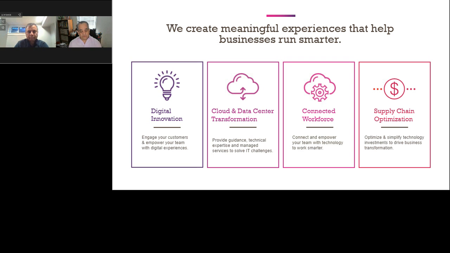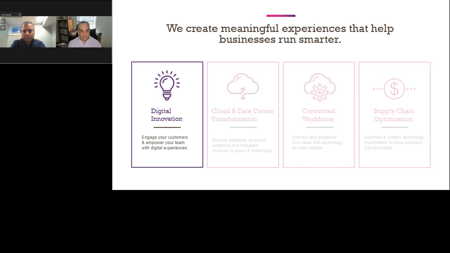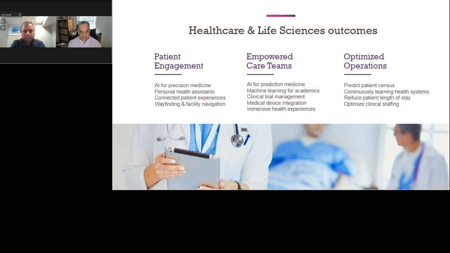Connected Workforce is our team that brings to the table the ability to do client success, and end user and workforce acceleration. And as a final layer is what we call supply chain optimization. A lot of these digital transformation efforts will require massive purchases of everything from sensors to storage, compute, networking, whatever, all of that stuff. And having a supply chain organization that is uniquely capable and focused on that is a key to success as well. So, sorry about that. I went one too far.